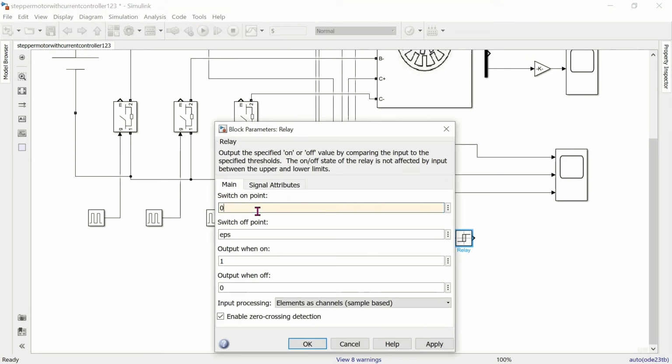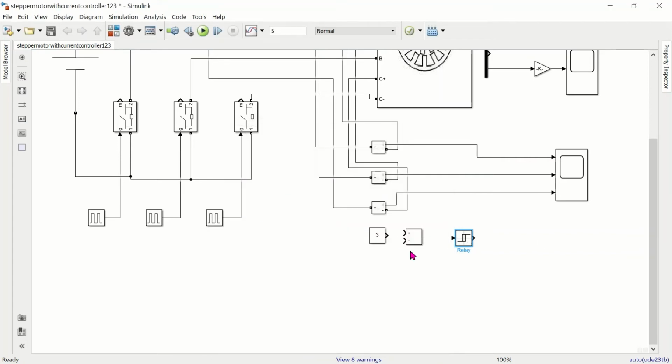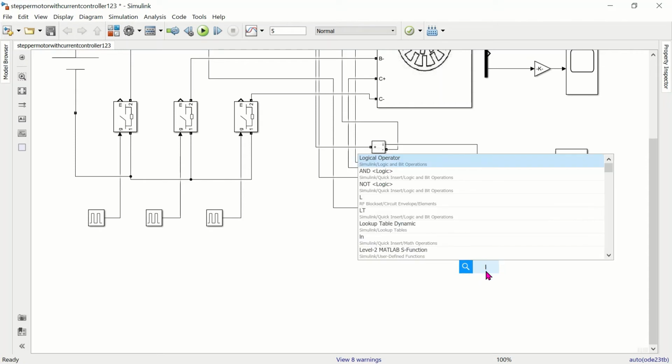So it is equal to 0.01, and 0.01 minus. So it varies between 3 plus 0.01 and 3 minus 0.01. Now we have to connect the pulse generator, that is the output of the relay, to a logic operator.